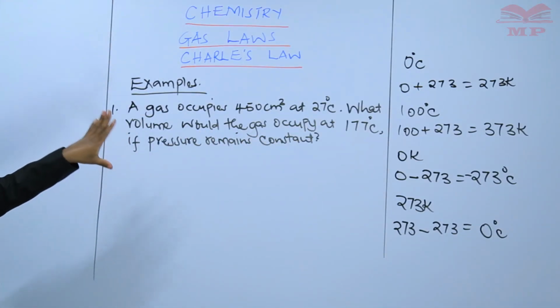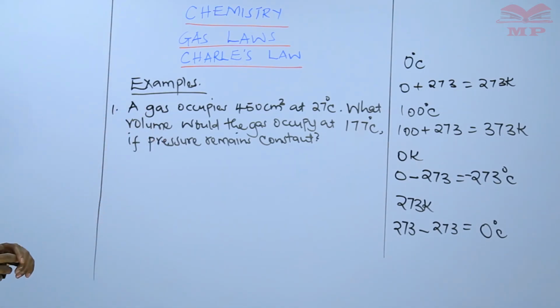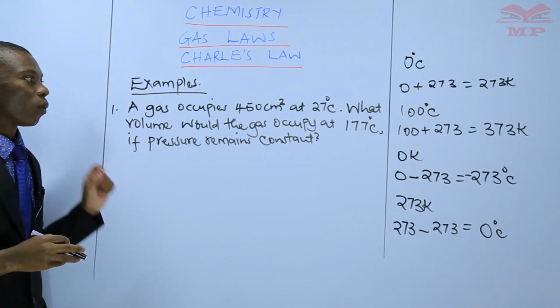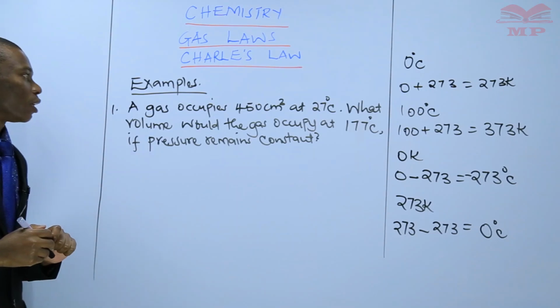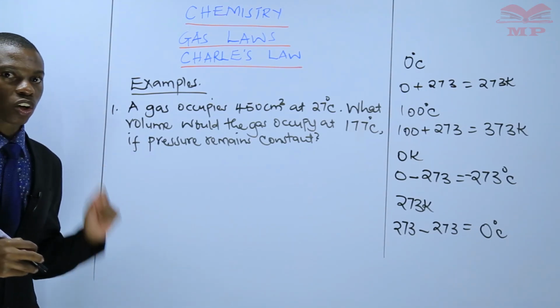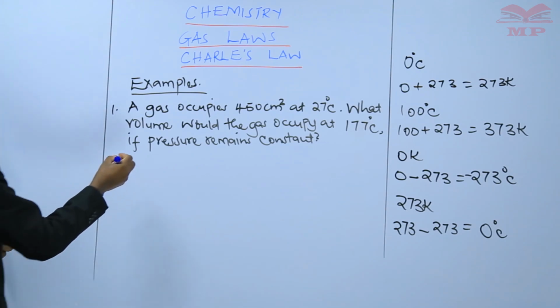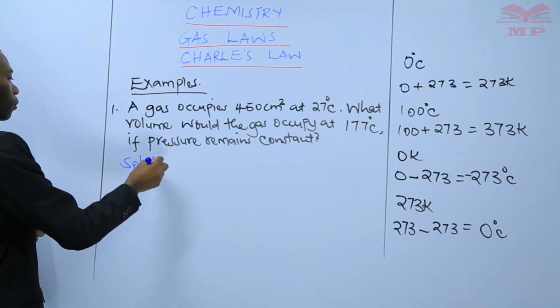It says a gas occupies 450 centimeters cubed at 27 degrees Celsius. What volume would the gas occupy at 177 degrees Celsius if pressure remains constant? Therefore, the solution to this question would be